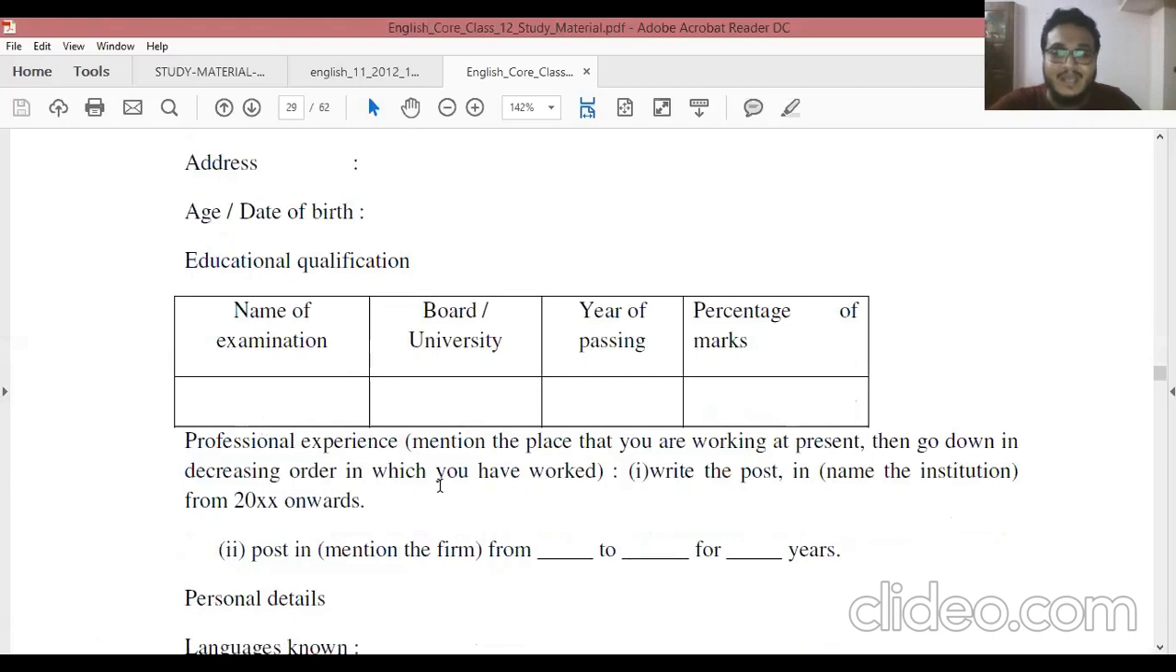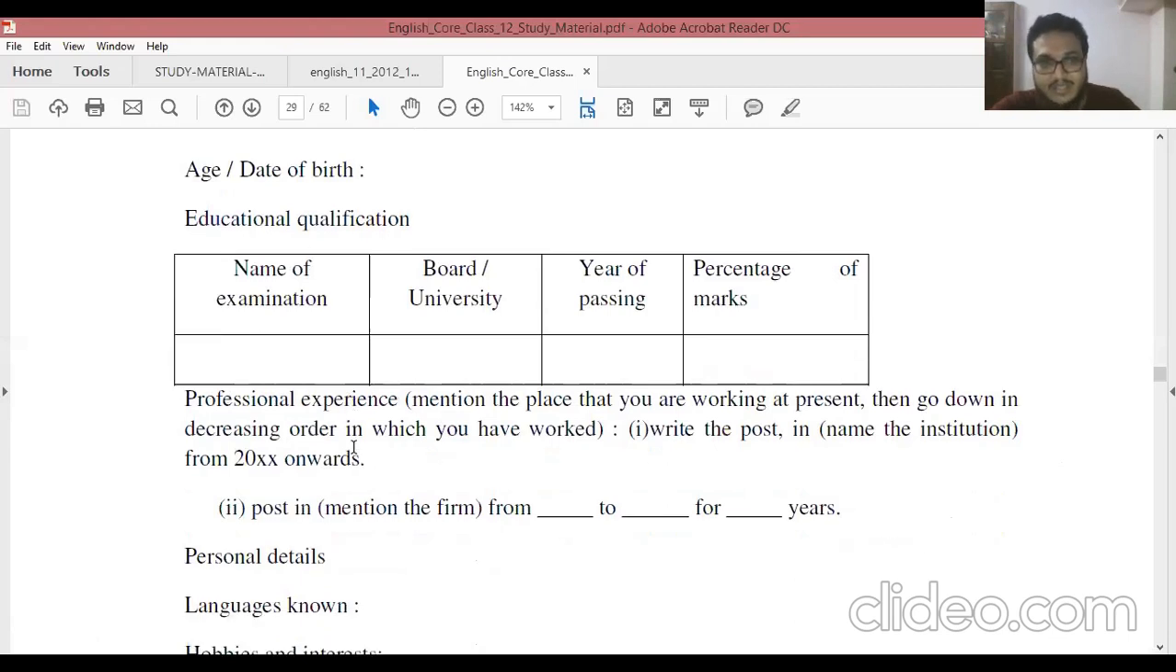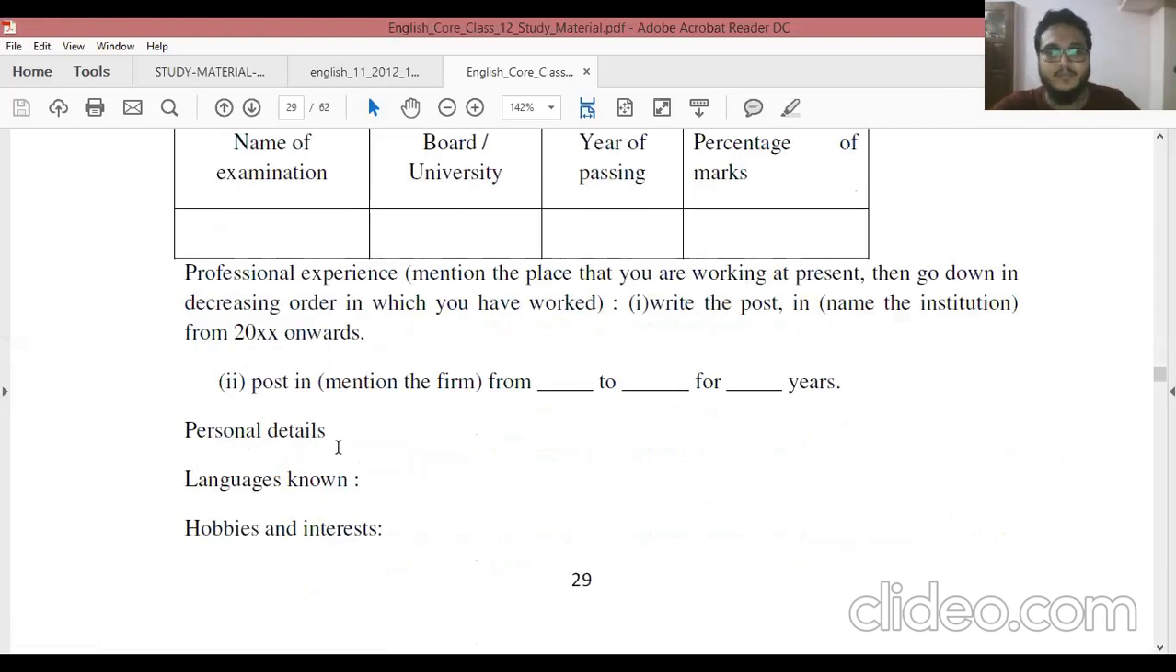Professional experience, see, it is saying here, mention the place that you are working at present, then go down in decreasing order. The same will come in the professional experience also. Educational qualification, then professional experience, then personal details, language known, hobbies and interest,